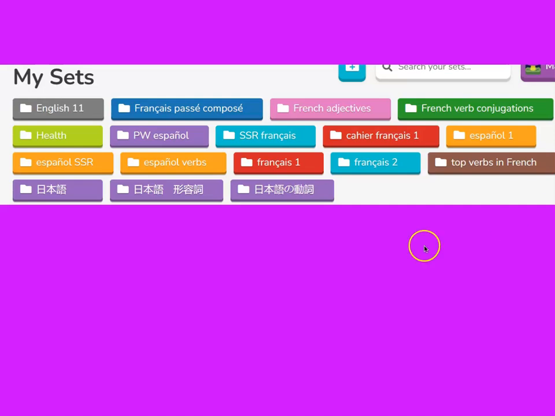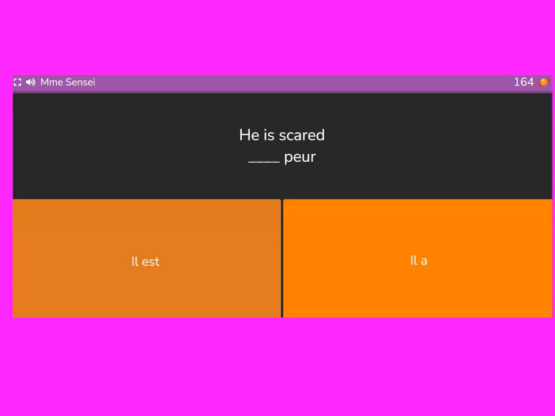I teach a lot of different subjects, so I've organized my stuff into different folders, and I'm going to show you the weird ways that I'm using Blooket because I'm really trying to intentionally use it and think outside the box. So yeah, you could just use it as a flashcard